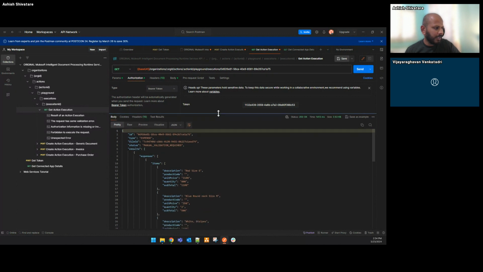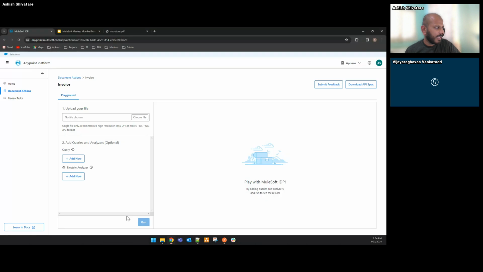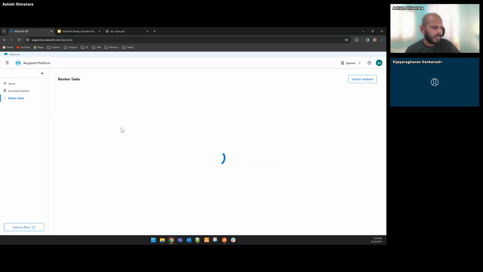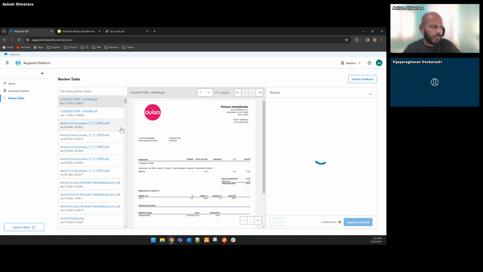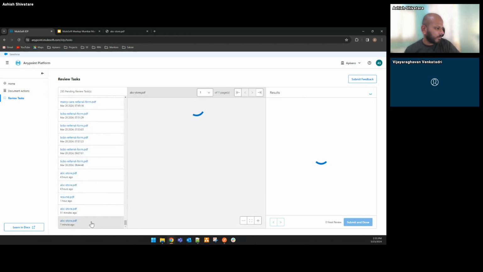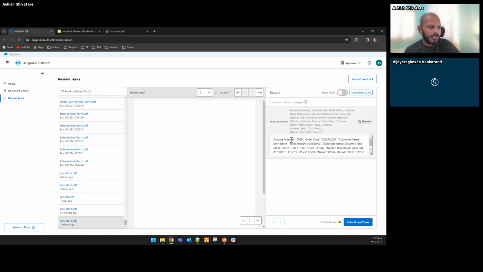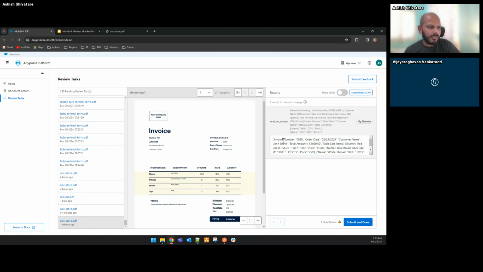Okay, so it's saying manual validation required. Now I'll go back to review tasks. All the outputs of Einstein AI require manual validation. Again, Einstein AI is still learning, so it can send some wrong responses as well. To handle that, all the outputs of analyzer prompts go into your review tasks. So it has given me the output of the analyzer: the invoice number is 0088, the total amount, the customer name, and the items in JSON. Once I click submit and done,